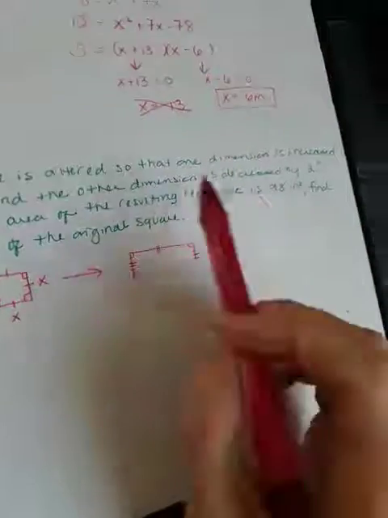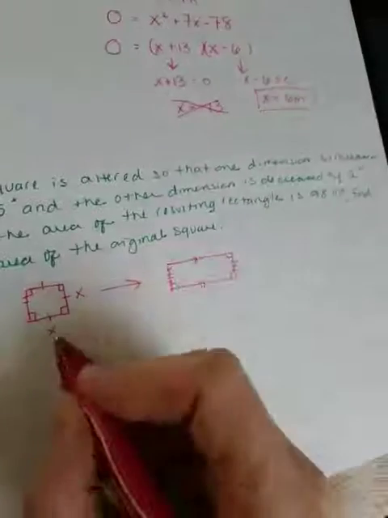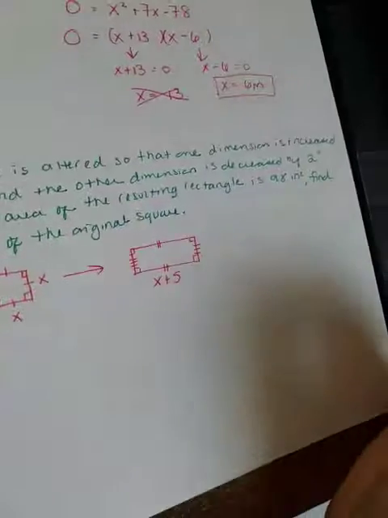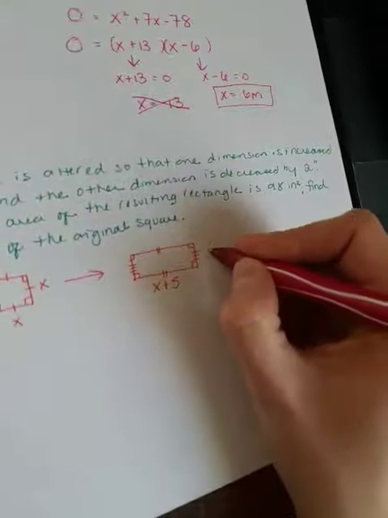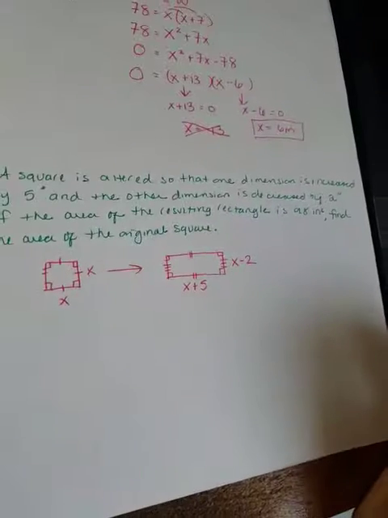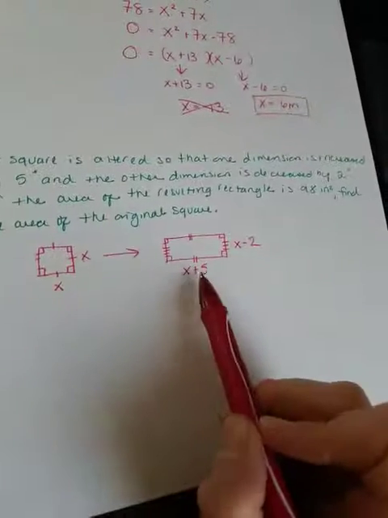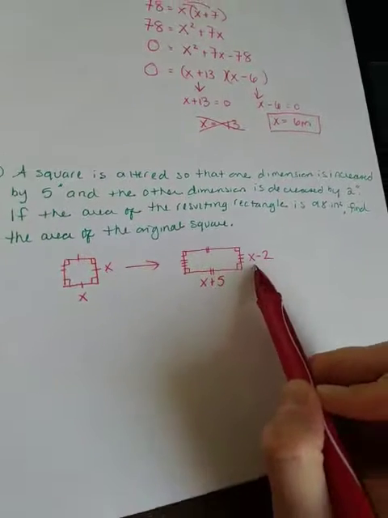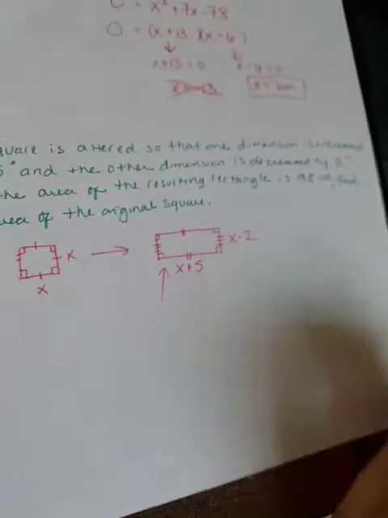Okay, so again, we are increasing one of the sides by 5 inches. So I'm going to take this one and say I'm adding 5 inches to it. So this is going to become X plus 5. The other dimension, I know, this is not drawn to scale at all, this is just for a visual, is decreased by 2. So I would take X and subtract 2. So again, X was our original square side. You're increasing one of the sides by 5, so X plus 5, and you're decreasing the other by 2. If the area of the resulting rectangle, that's this one here,